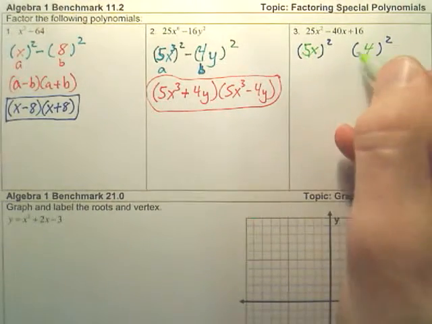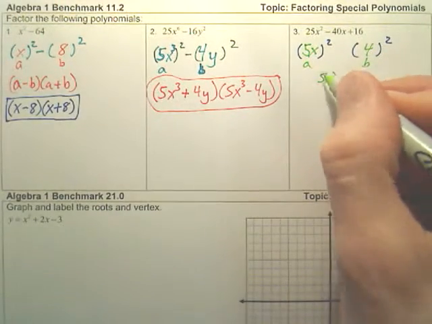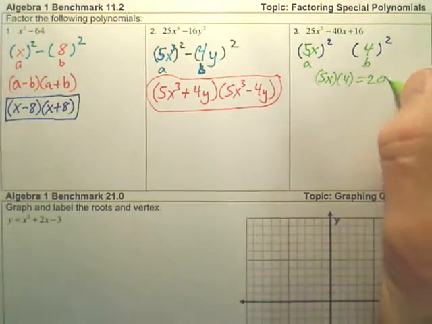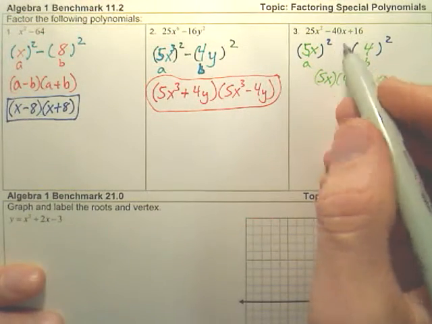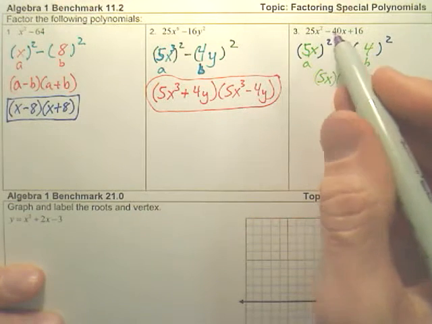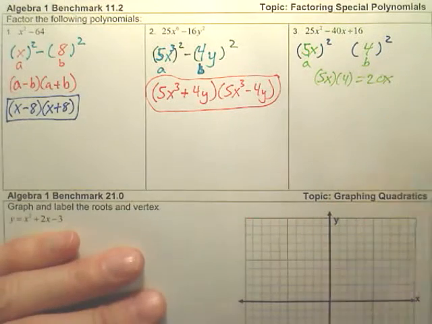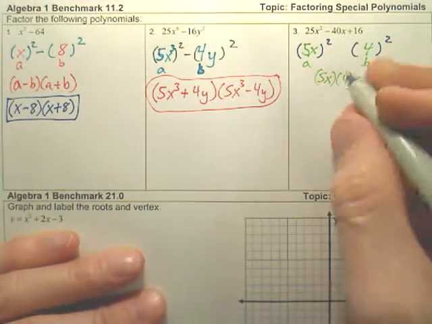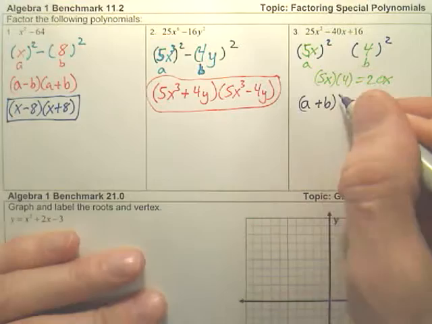Now, you multiply these two numbers. This is A, this is B. If you multiply those two, so 5x times 4, that gives you 20x. Now, if this number is half of the middle, don't worry about the negative for now. If this number is half of that, you can go on. If it's not, stop. It's not possible. But since this is half of that number, we can go on, and your answer is simply A plus B